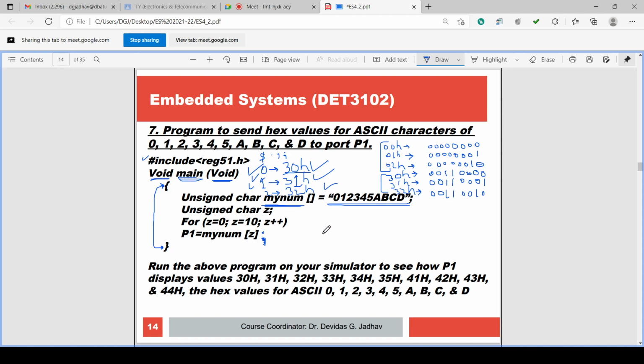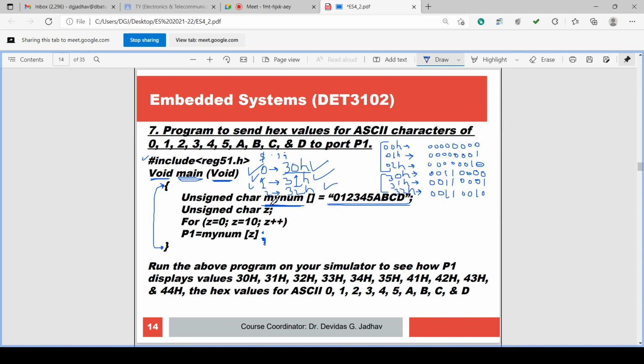In that there is unsigned char mynum, opening square bracket, closing, equal to double quoted 0, 1, 2, 3, 4, 5, A, B, C, D, and semicolon. 41 is the hex code for capital A. For small a, it will be different.